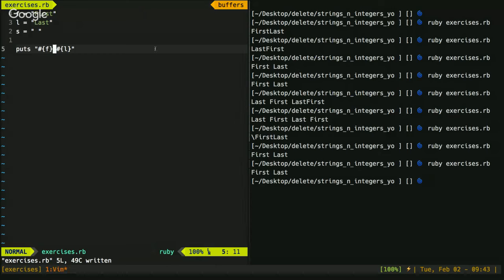Another reason why I like interpolation better is that it's a lot easier to build strings and build output. So we can do something like the text I want is, okay. So that's